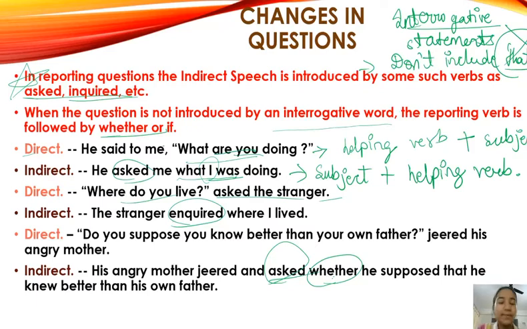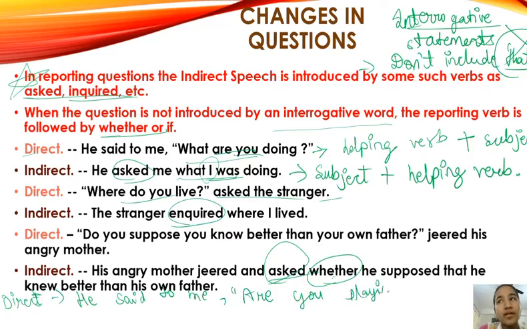One more example I'll give you over here. The direct sentence is: he said to me, "Are you playing cricket?" Or any of your favorite games you can take to make it more interesting. That was the question. So in indirect speech,